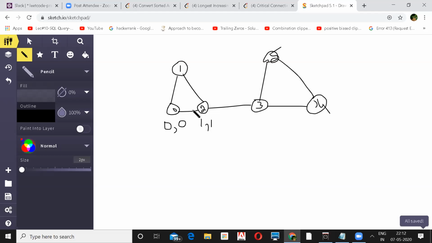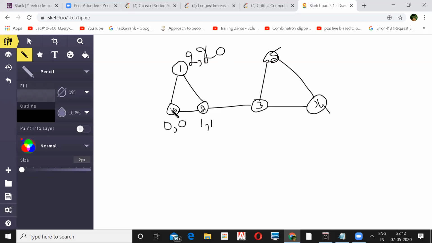Now from 0, 2, I'm running DFS over it. After that we'll go here, the second node that you are visiting, and the nearest node to it will be itself, so this is 2. Now when you go to the node which you have already explored, you take the minimum of the timings. This node was visited at time 0, and this node was visited at time 2. So you update it with the minimum, 0. This shows that for this node, the nearest node you can reach is this one.